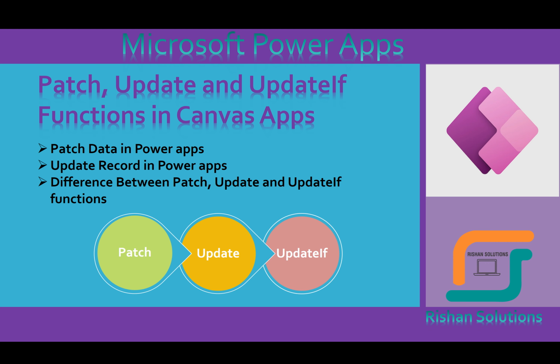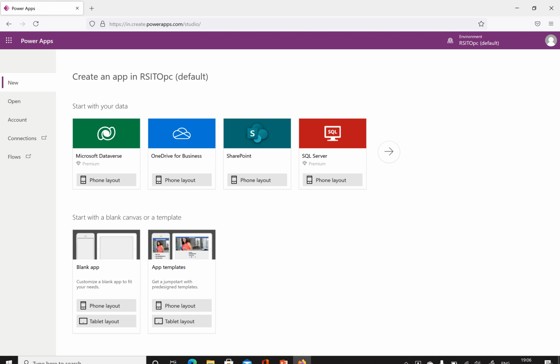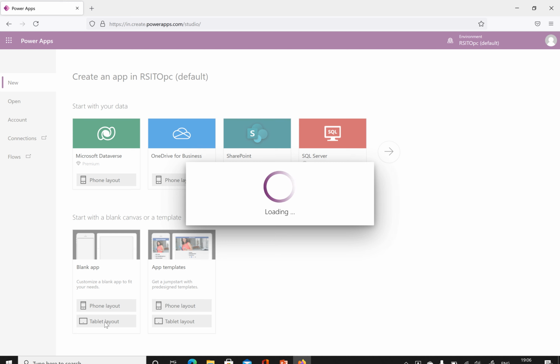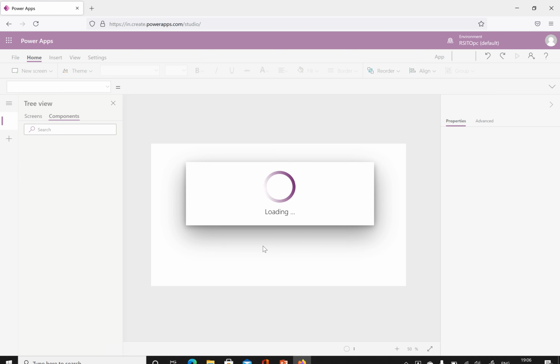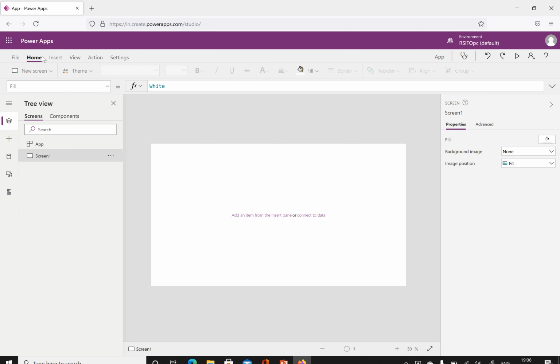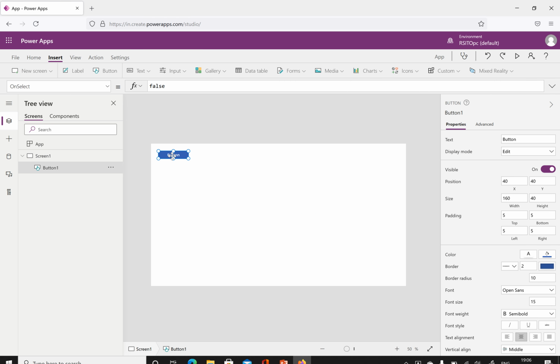three different functionalities. So for that, first I'm going to Power App Studio. In this Power App Studio, I'm trying to create a tablet layout canvas application. So in this, first it loads, we'll try to insert a button here, insert a button. So I'm giving a name to this button as,